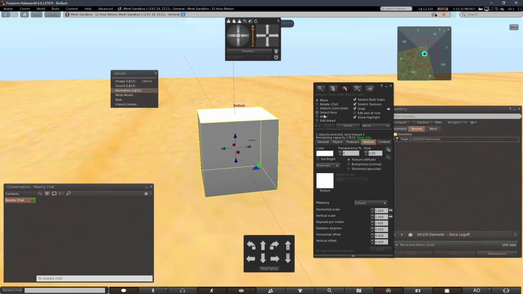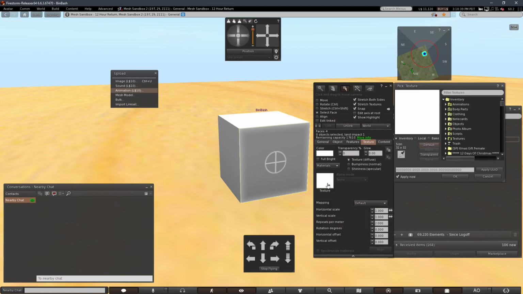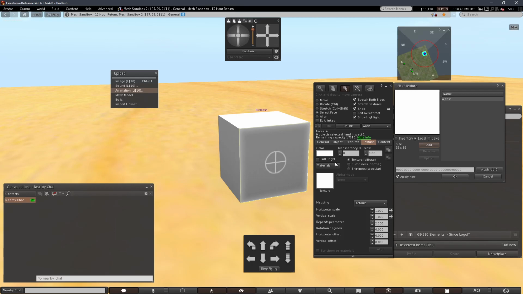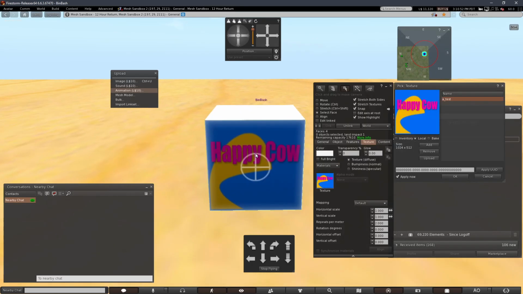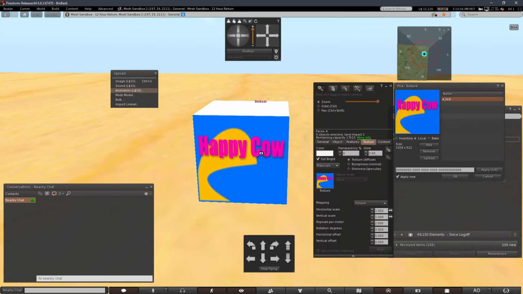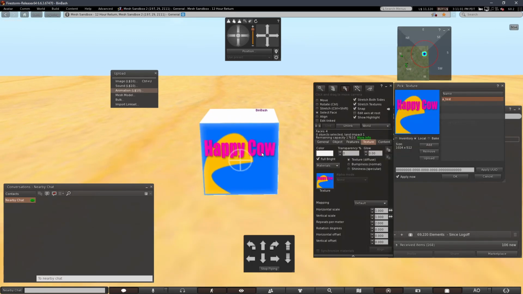and now I want to select the face again, but this time I want to add a local texture. So go to my texture, click on that swatch, take local, and then add, and I will add my happy cow texture I just exported. And I'll make this full bright. Everything's full bright on your HUD when you attach it to the HUD anyway,